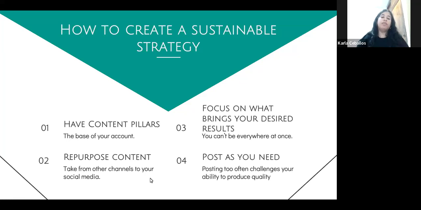They have to do with your objectives, and they have to do with your target audience. You can repurpose content, as I was saying. If you are in a medical convention, you can totally use the pictures you took there and put them on your social media with a great copy.